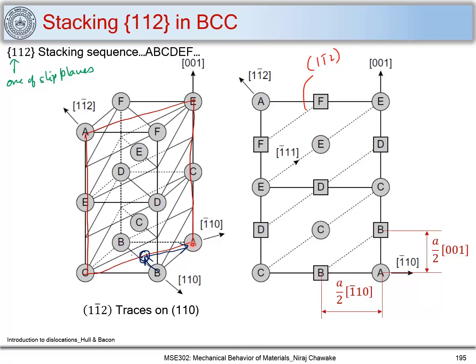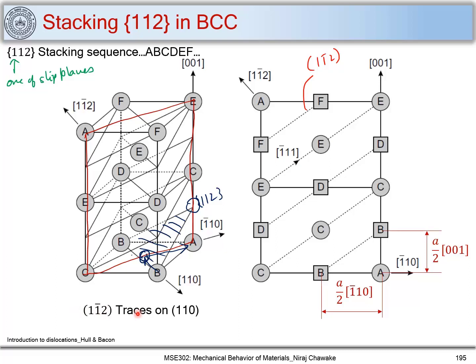And you can see from A to C here along the 001 direction, that will be our A001 distance. Now this is a projection of B atom. Let us mark that also. So let's say here also B atom will come, because this is a 112 plane, which is marking this B atom here. So you have this B atom here, and this B atom is marked over here because this is a trace